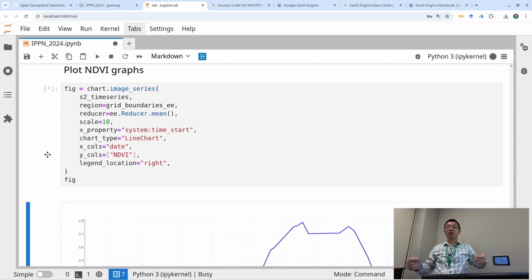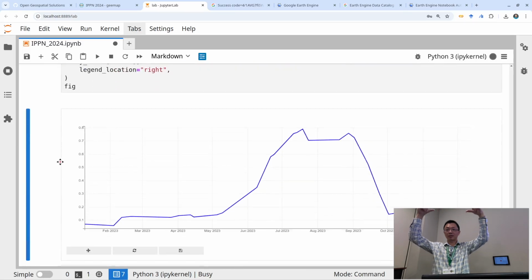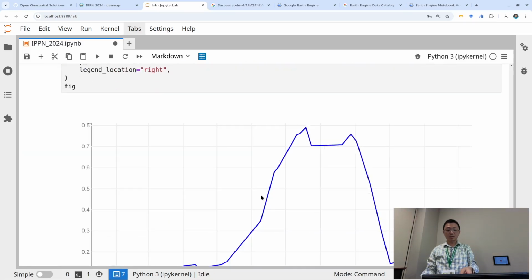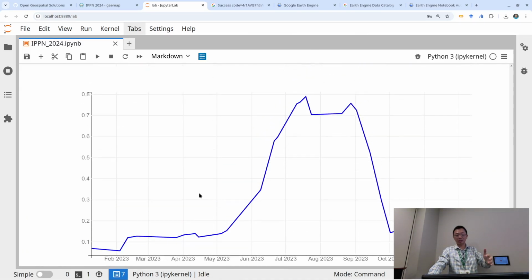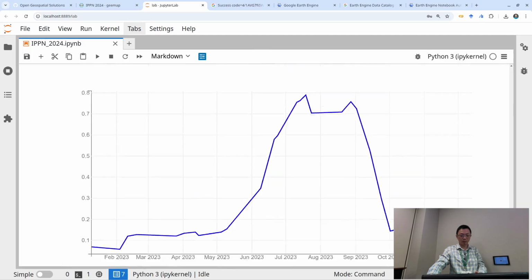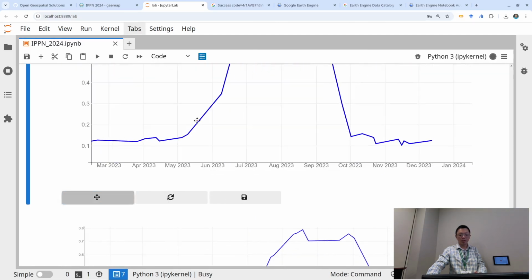We can also calculate the aggregated NDVI. For example, for this entire bigger area, you can calculate the roughly mean NDVI. So this is what it looks like for this entire cornfield, not the grid one, but the entire one. You can see the average NDVI changes throughout the year in 2023. So you can see when it started growing, when is the peak NDVI, when it's going down, when is the harvesting season. So you can actually monitor everything like this,